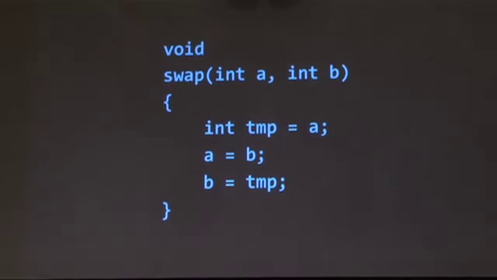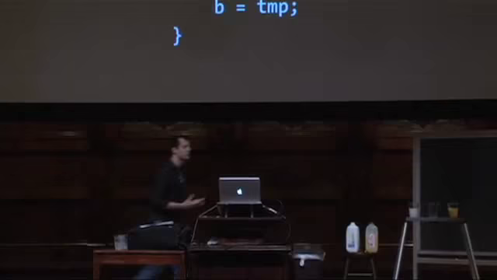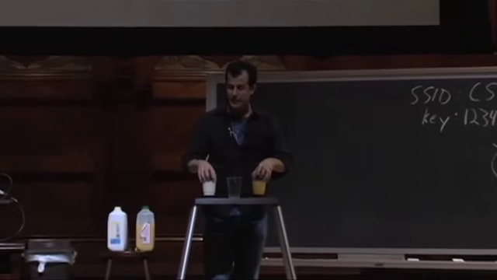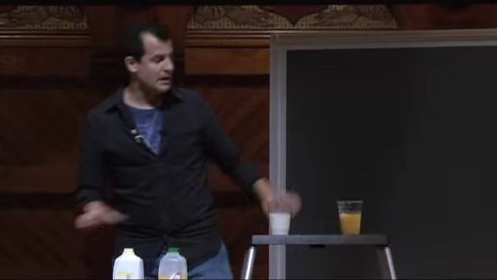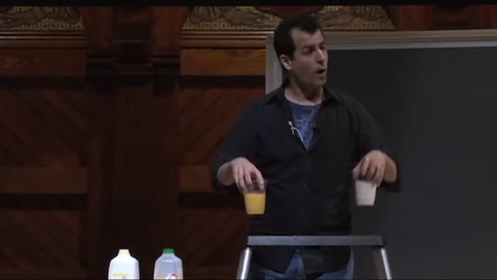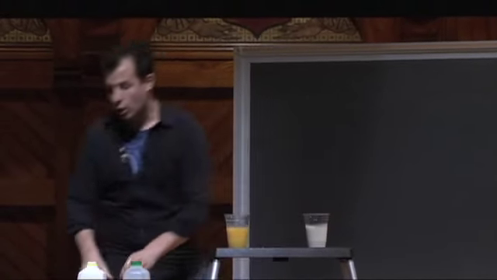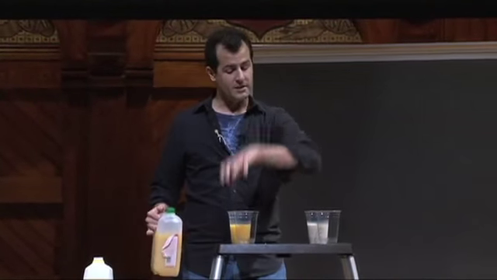And what was the simple answer as to why the inputs to this function are not, in fact, swapped once this function executes? Yeah, so it was this issue of scope. When you pass in two variables, say x and y, into a function like swap, what's actually passed in is two copies of those things. So what's really been happening in the case of an actual swap function is if this is, say, x and y, and these exist in main, well, when you actually call swap, what happens is, I'm going to have to do a little bit of magic here. So if this is x, this is y, this is going to be a, this is going to be b,